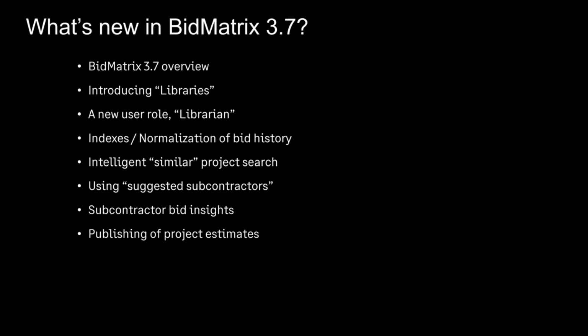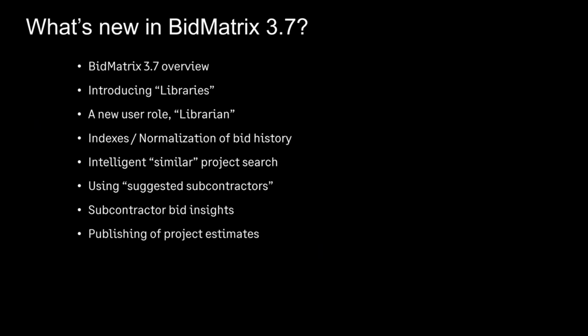So we will introduce you to libraries, a new user role in BidMatrix called a librarian. We'll introduce you to indexes, which is used for the normalization of bid history. We'll talk about an intelligent similar project search, so your ability to put your hands on projects that are very similar to the project you're currently working on, using suggested subcontractors on bid packages,